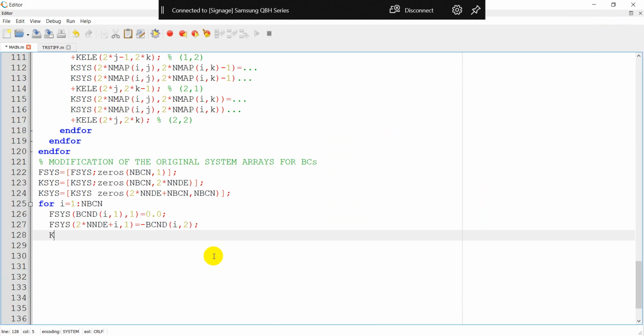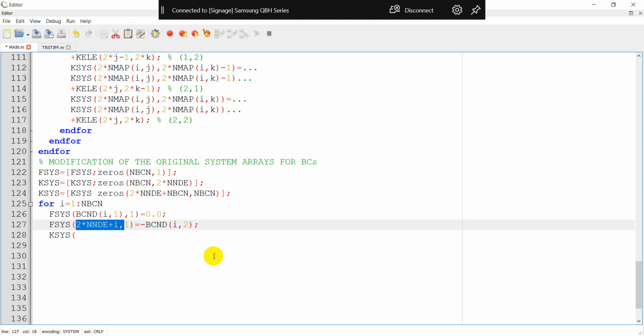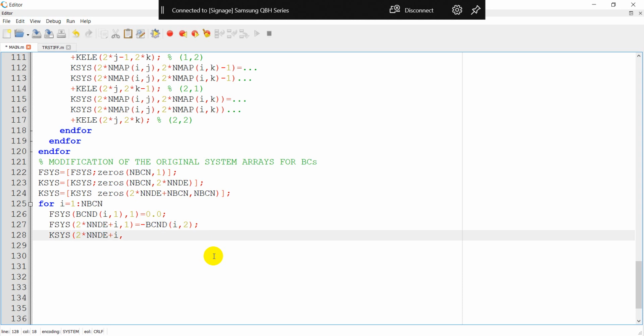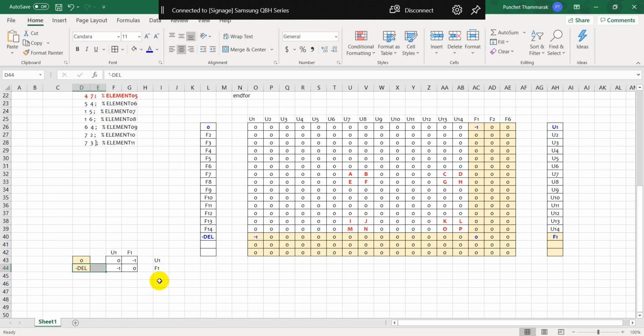So K6 of, we need the row number first, right? The row number is this one. And the column number is BCND I, comma 1 equals minus 1.0. How about the next one? This one here, the column number is the same as the row number of this one, and the row number is equal to the degree of freedom number. So